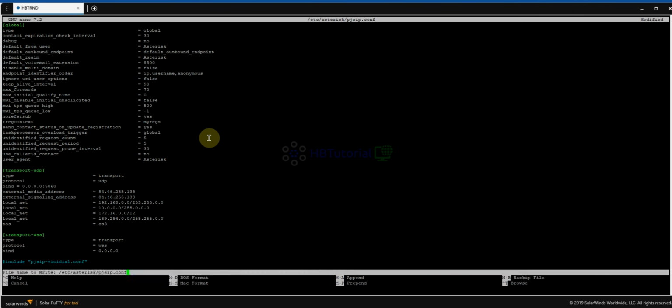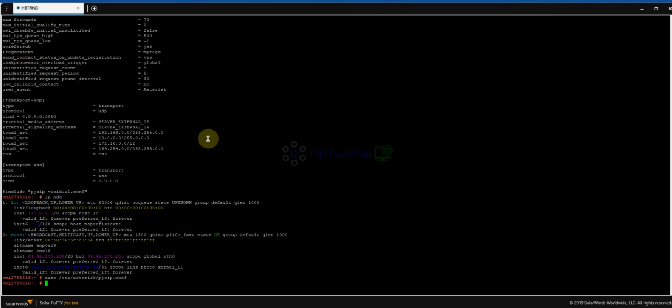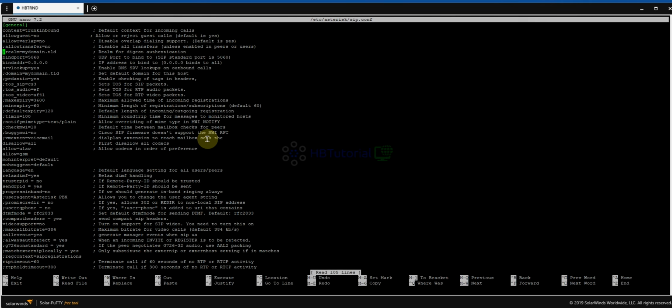Okay, then save, Control and O, and then we need to update here also. The PJSIP port should be 5061.